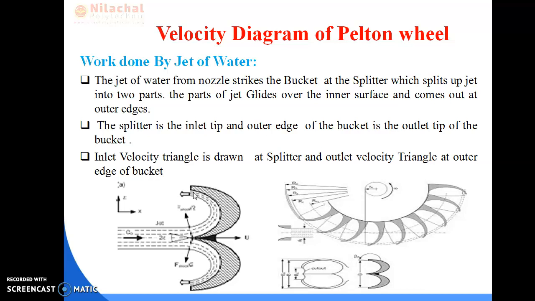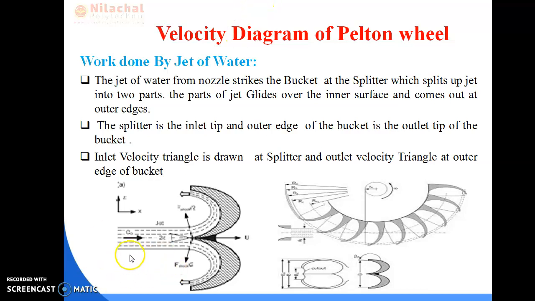As we know, a velocity diagram is nothing but a triangle giving the diagrammatic representation of the velocity of jet, velocity of blade and the relative velocity concept. Similarly, we have to show the diagram of the velocity triangle at inlet and outlet respectively.